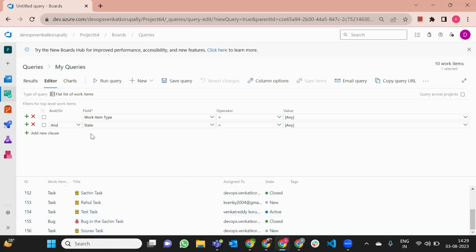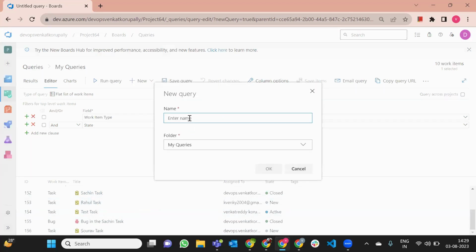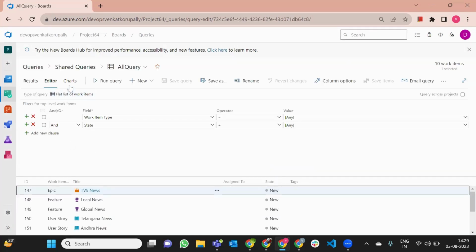Very simple, guys. Here, query is nothing but a question. Okay, let me explain, guys. This is the default query. When you run this query, this is the answer where all tasks have been displayed. Now, guys, just save the query and give a name to it, all query. Now, store it in shared queries. Okay. Now, guys, click the button chart,